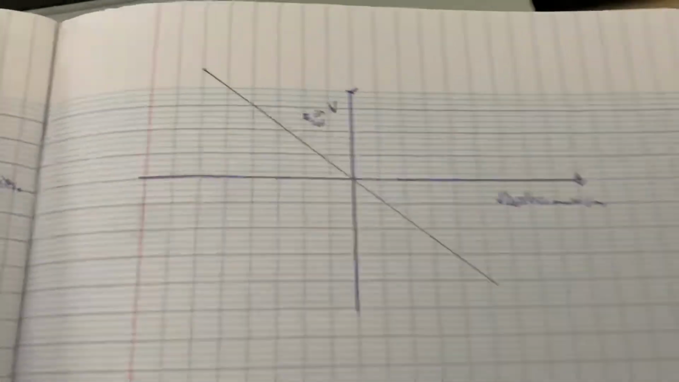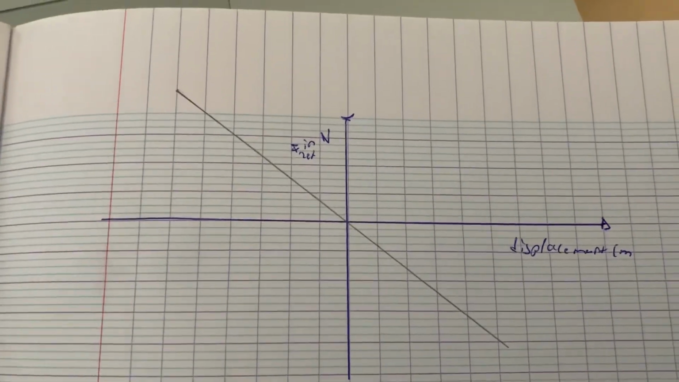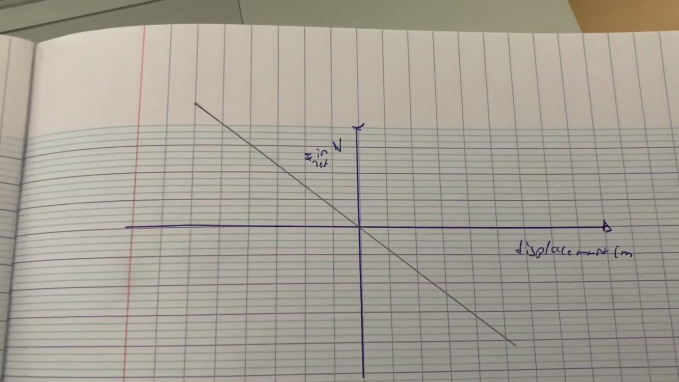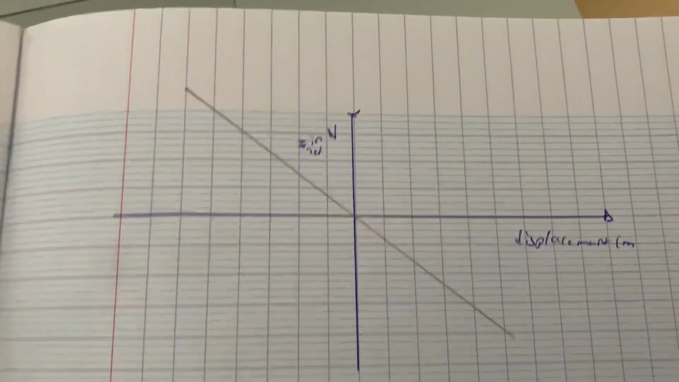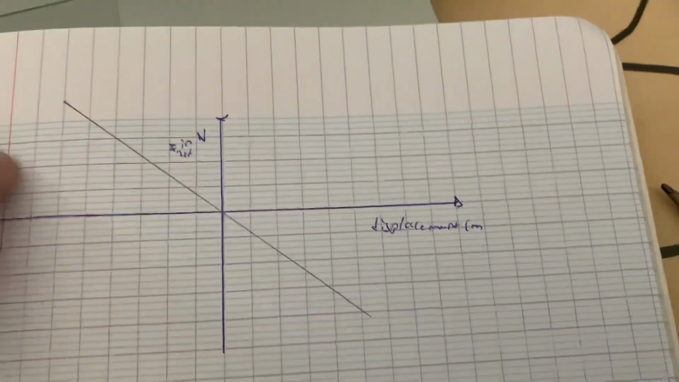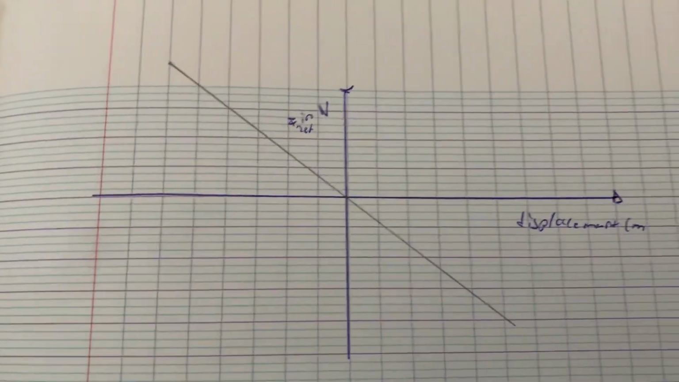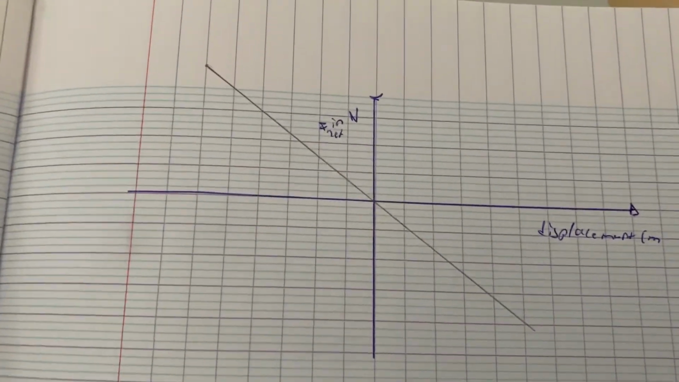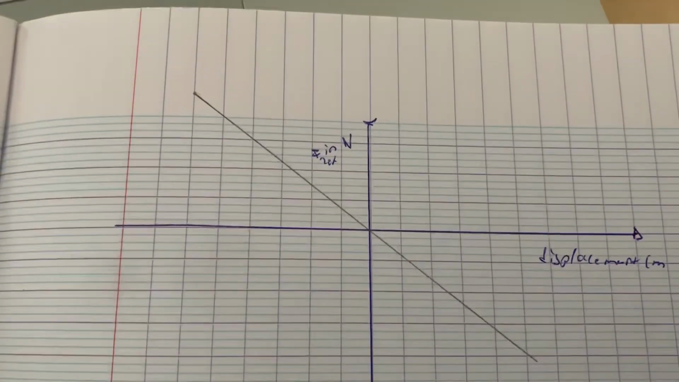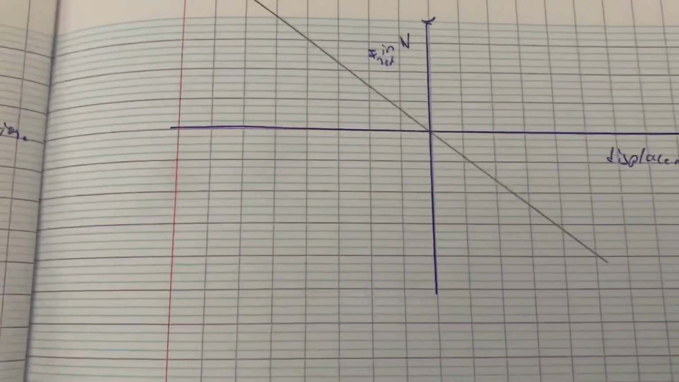And then from this we can deduce that the graph of the force over the displacement in a spring or in anything can result in a negative downward slope that is constant, that has a constant gradient, because the relationship is